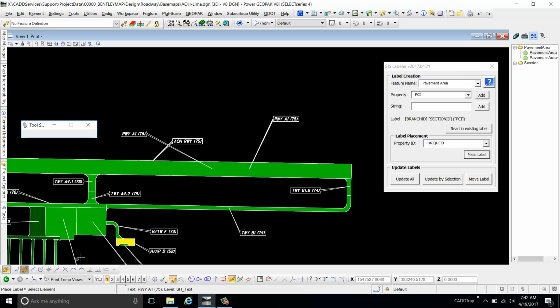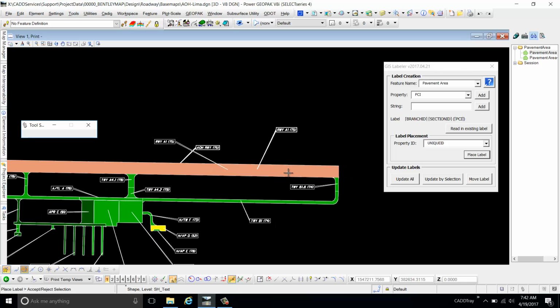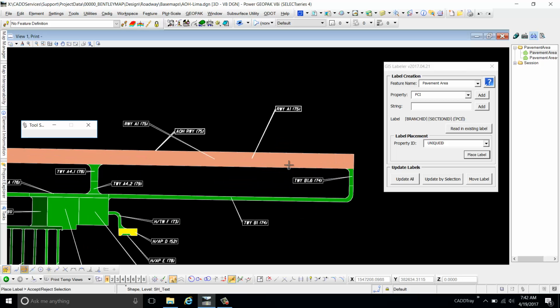I'm going to read what it says down the bottom corner. So I'm in the place label tool, and I want to select an element. This would be the element that you want to label. So I'll just select this one, this shape. It highlights it, and now it says accept or reject selection. So I will data point to accept my selection,